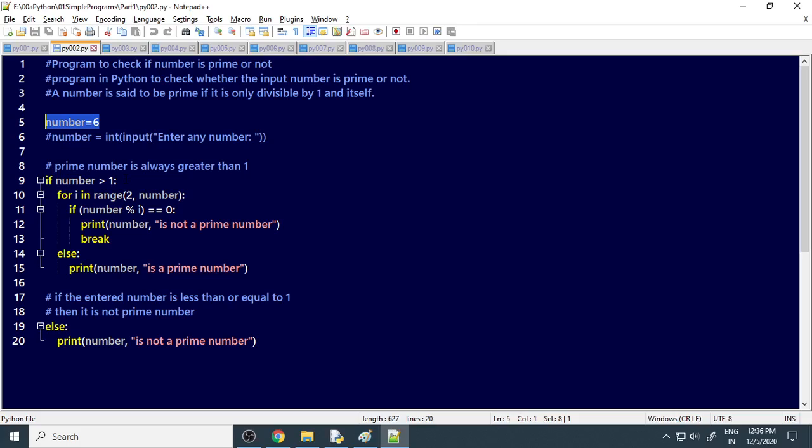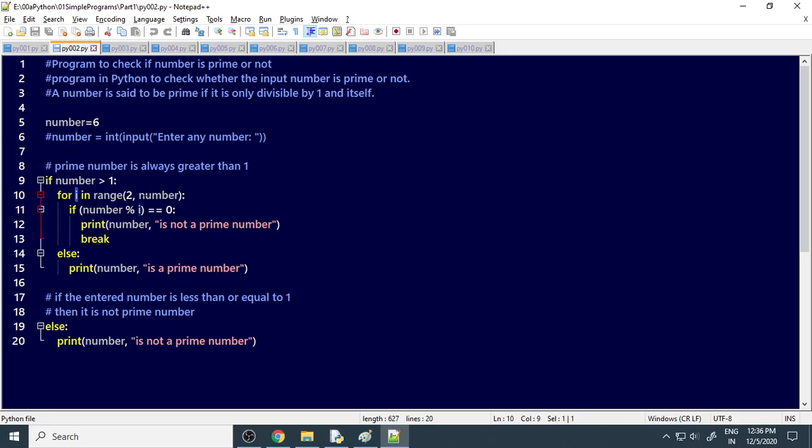We start with the 1 because that is divided by itself and 1 is only there. So therefore this is the 1. Next one, for I in range 2 to number. Whatever the number you give, up to that. If you give 3, 2 to 3. If you give 5, 2 to 5. So therefore I will take from 2, the next number, up to whatever number you give.